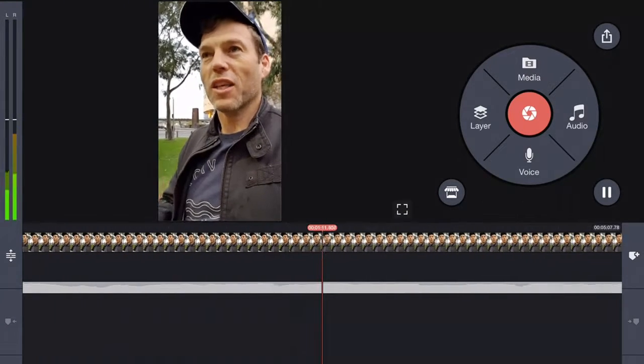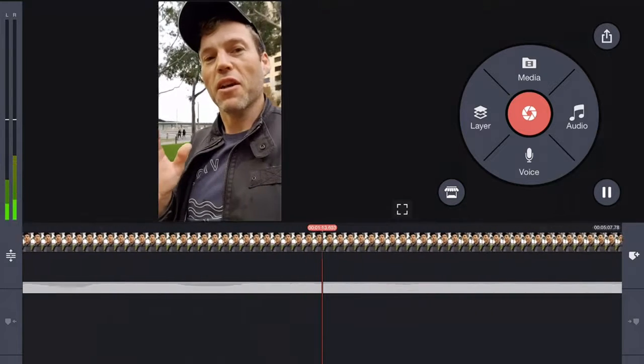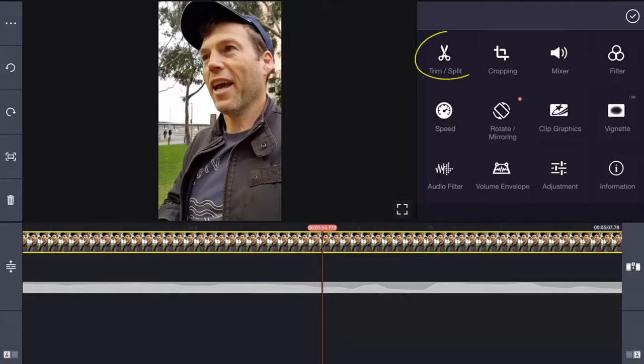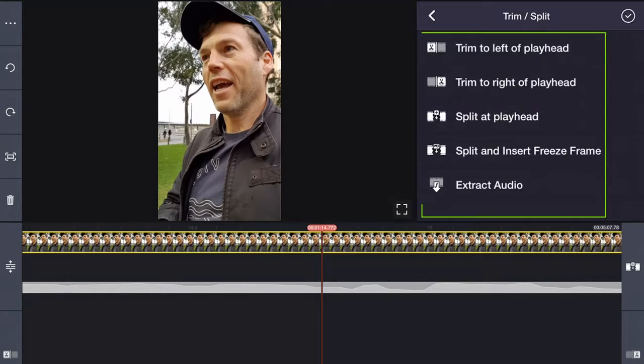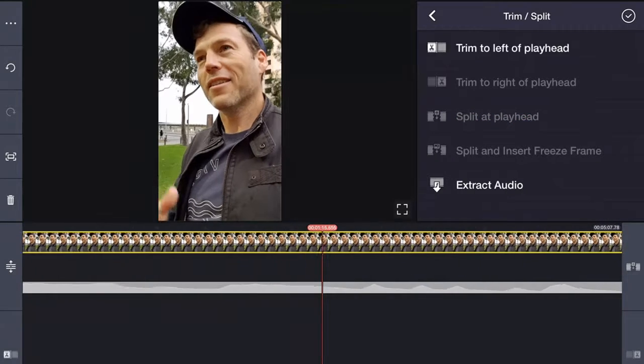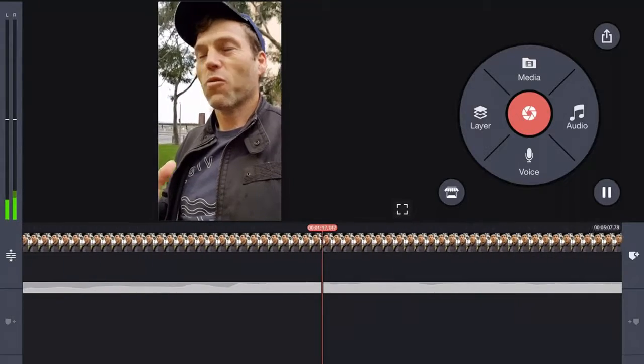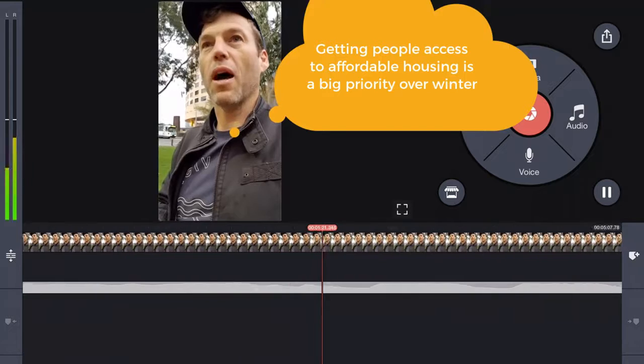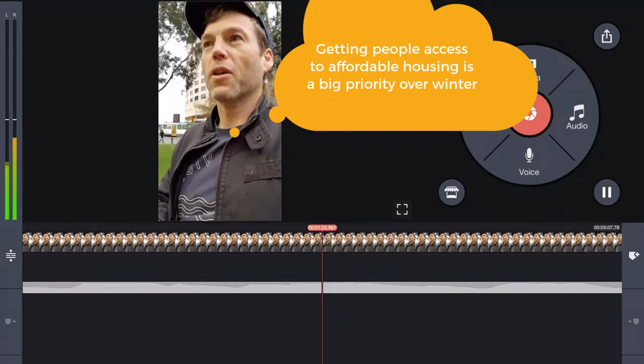And I can see these poor guys. They must be freezing. Click the track, click the scissors, then choose from one of these options. Great that there are literally only 2 homeless people that I can see in this park, but also